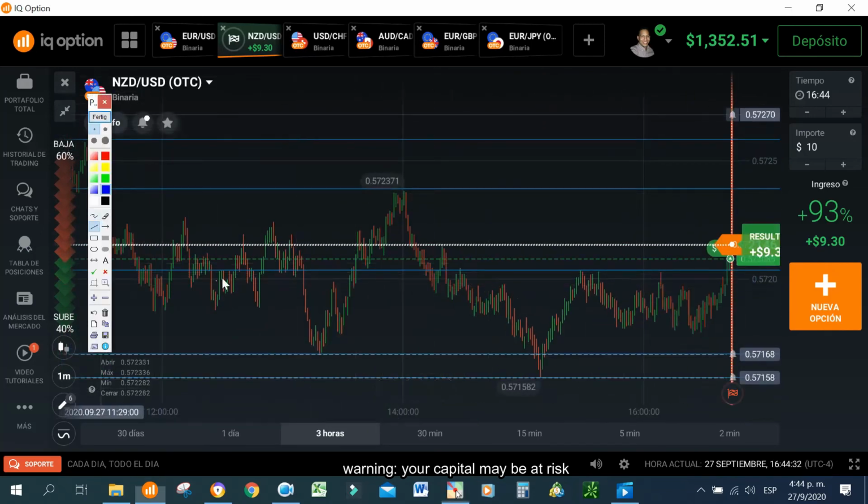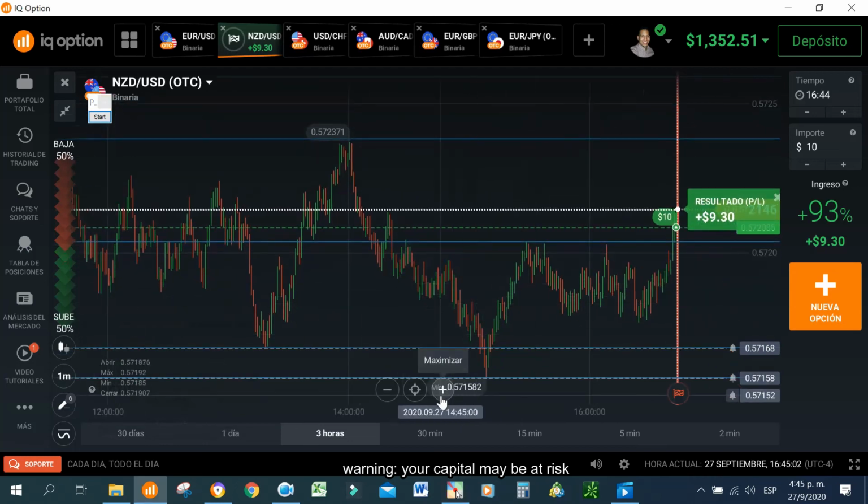this resistance line is a very important resistance line, because the price tried to reach this line before, tried to break this resistance line before. It tried again, and it tried again one more time, and this time it broke the line. And the third signal